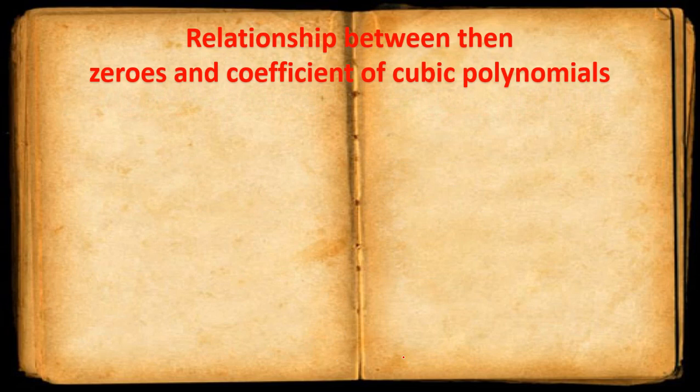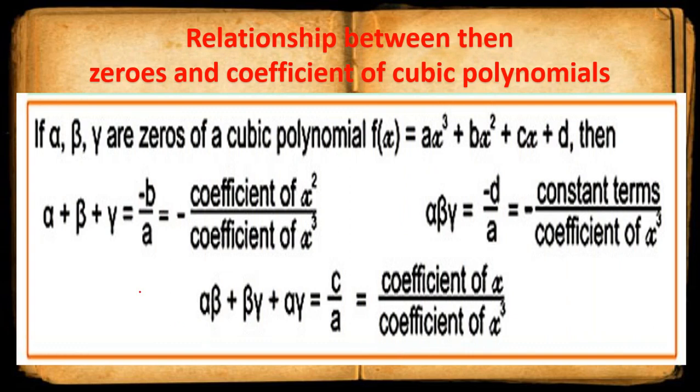Now the relation between the zeros and coefficients of a cubic polynomial. In the earlier slides we understood the relation for the linear polynomial as well as for the quadratic polynomial. Now let's consider it for the cubic polynomial also. So if we have the cubic polynomial in variable x, ax cube plus bx square plus cx plus d, then in the same way as in the previous quadratic polynomial we have done,